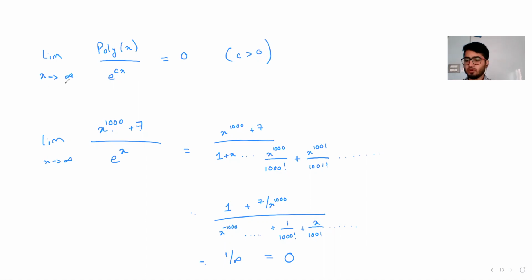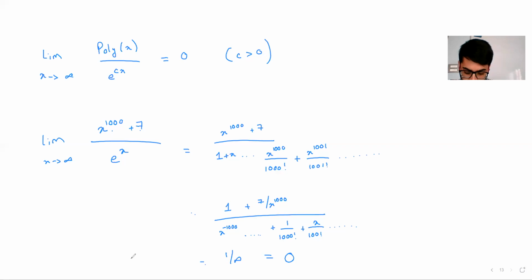Key limit: as x tends to infinity, for any polynomial, however high a power you might take, 1 crore, 100 crore, 10,000 crore, it doesn't matter. As long as it is in this particular form, its limiting value is going to be 0. A very logical reasoning for this is that the exponential function always increases at a greater pace compared to the polynomial function. So yeah, this result is there. Hope this is clear to all of you.